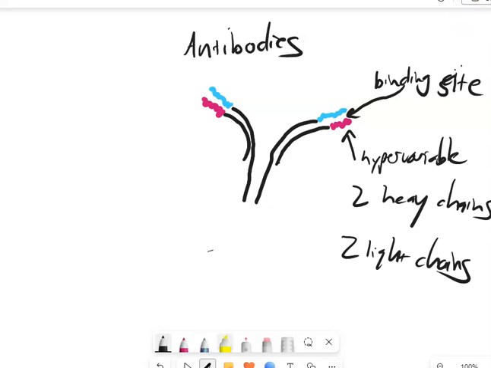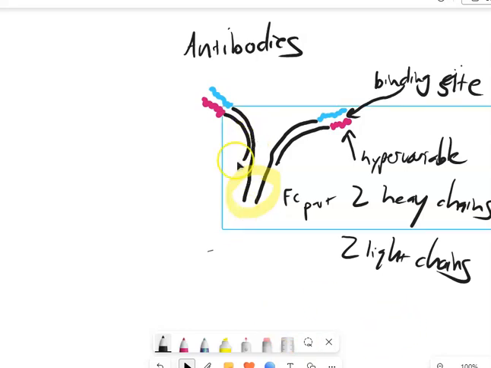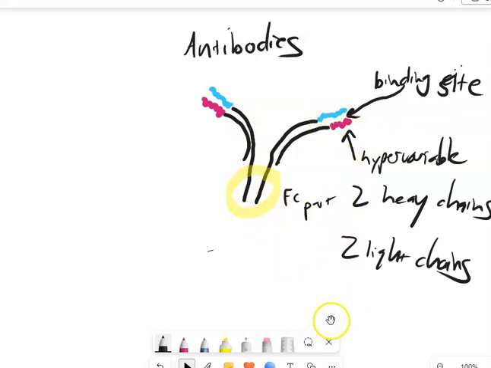You also have the FC part, or the FC fragment. And that is something that many cells in the body have receptors for. Because if they detect an FC part, it means whatever they're looking at has antibodies stuck to it. So those are the parts of an antibody. You've got the heavy chain, the light chain, the FC part, the binding site, and the hypervariable regions. That's pretty good. And then you need a list of antibody